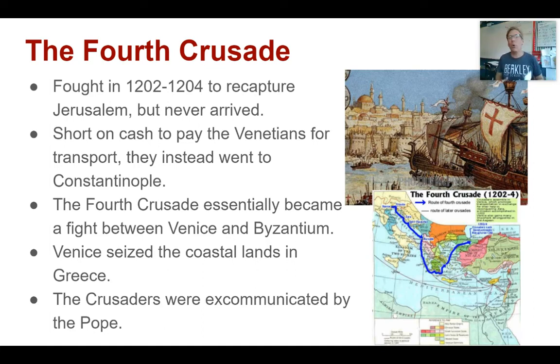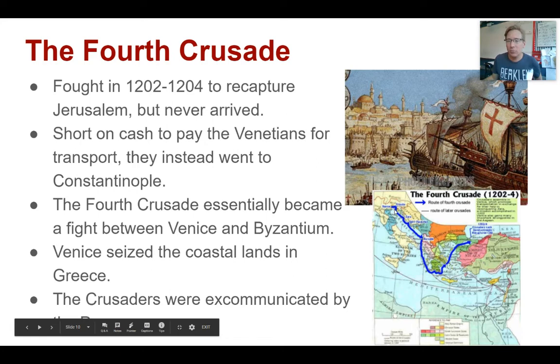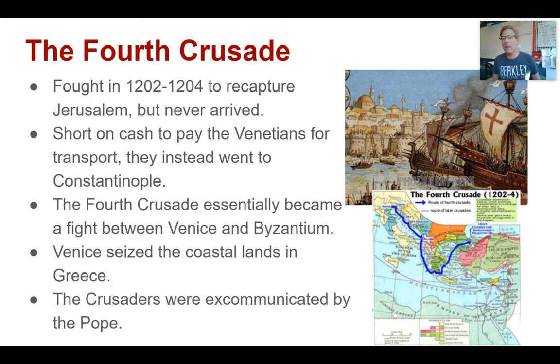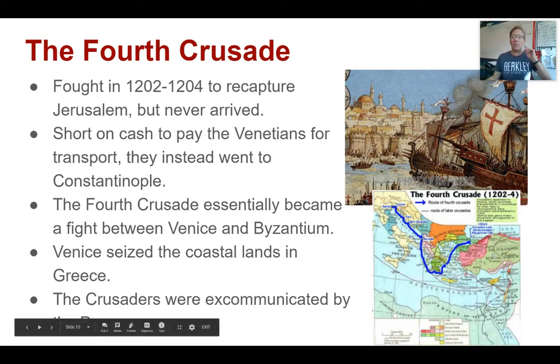Hey, this is a holy war to push back against the Islamic Empire. The Crusaders hire a bunch of Venetians. Venice is a city in Italy. Got a very strong fleet. They're going to sail them all the way to Constantinople, and then they'll be able to go from there into